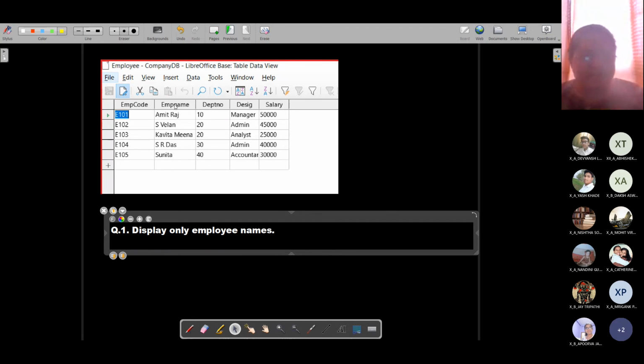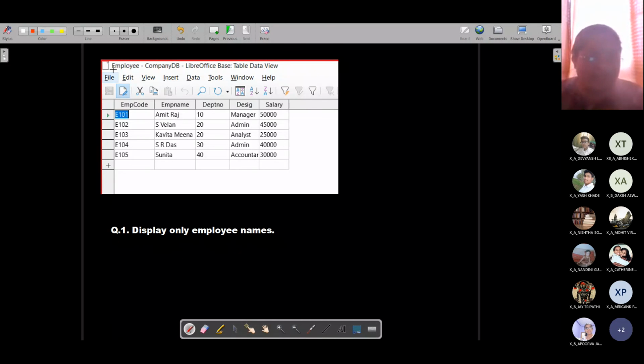We only have to show employee names, and the name of the table is employee. You can see it over here. I'm marking those points here. The name of the table is employee and it is in title case. E is capital, the rest everything is small. And the fields are over here. You can see the field names are also in a certain case. EmpCode: E and C are capital. Here EmpName: E is capital. Here DeptNo: D is capital, N is capital. Please make a note of these, and only then write your query.